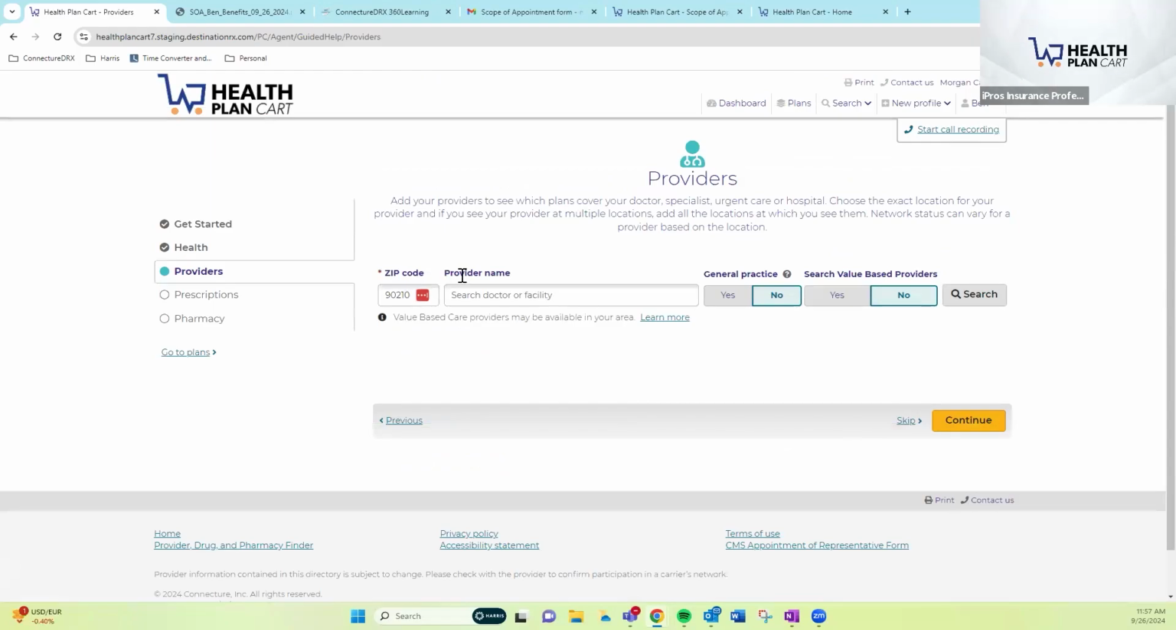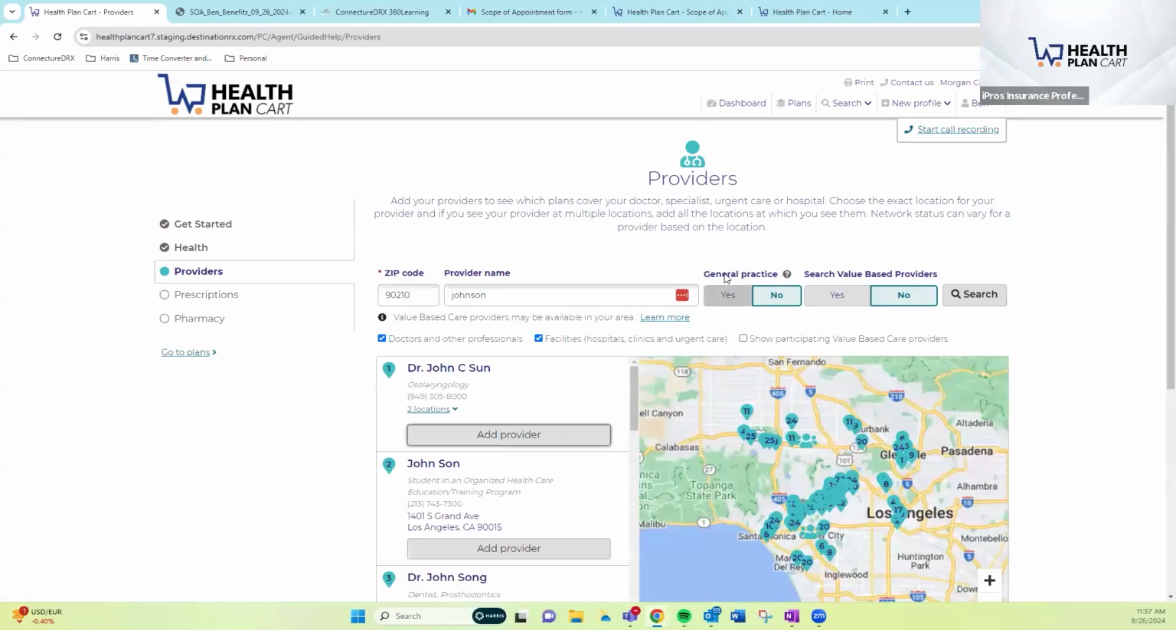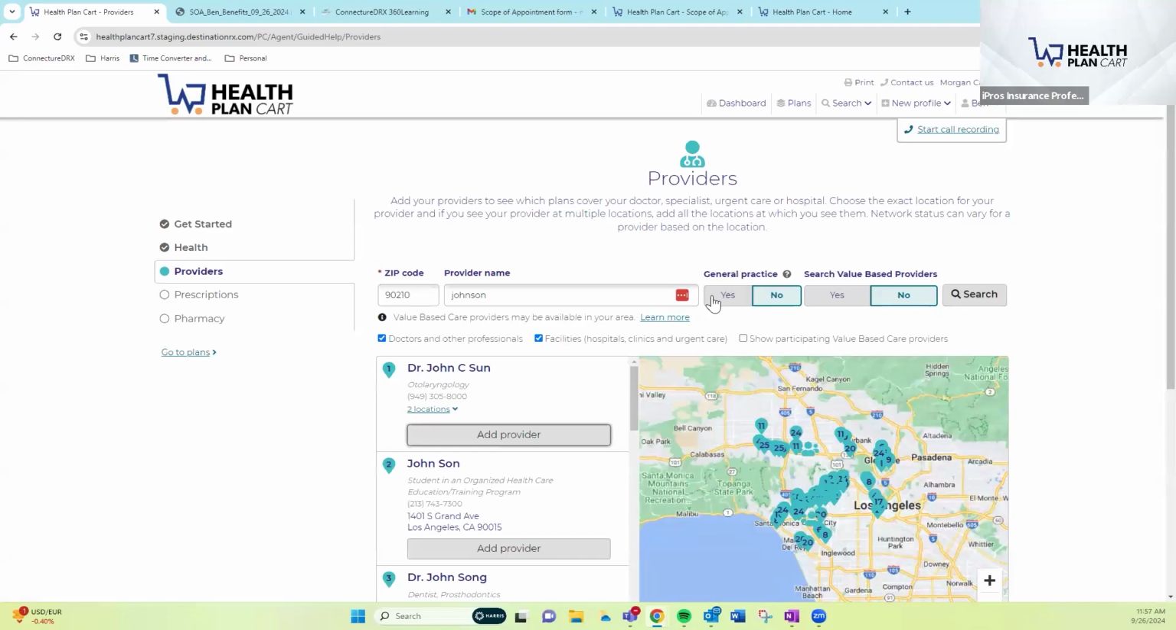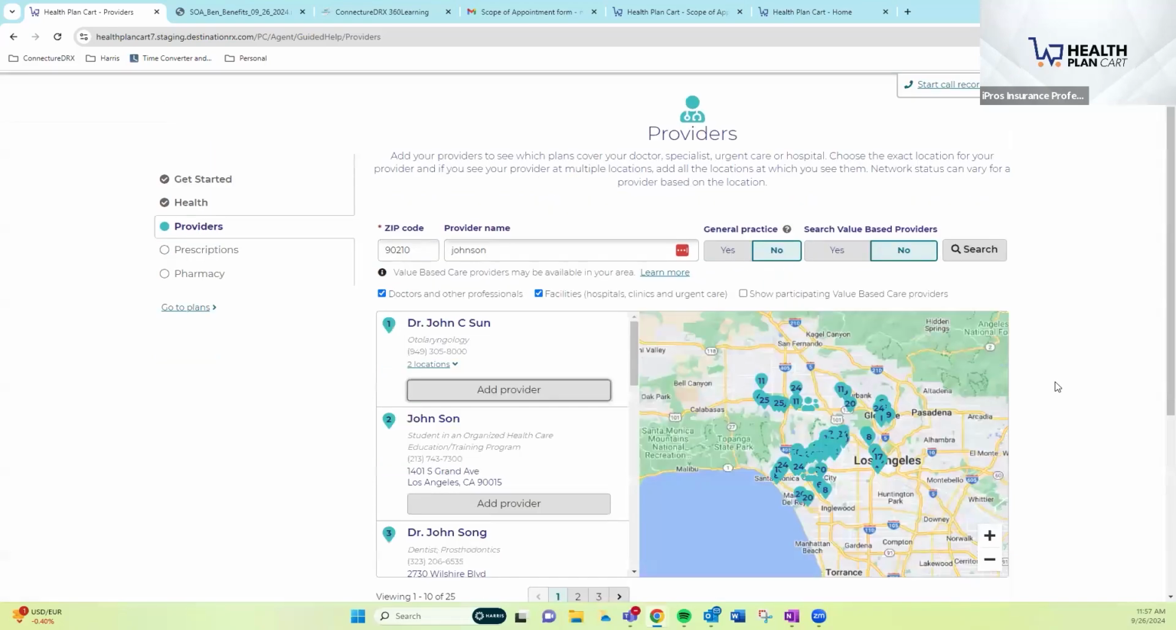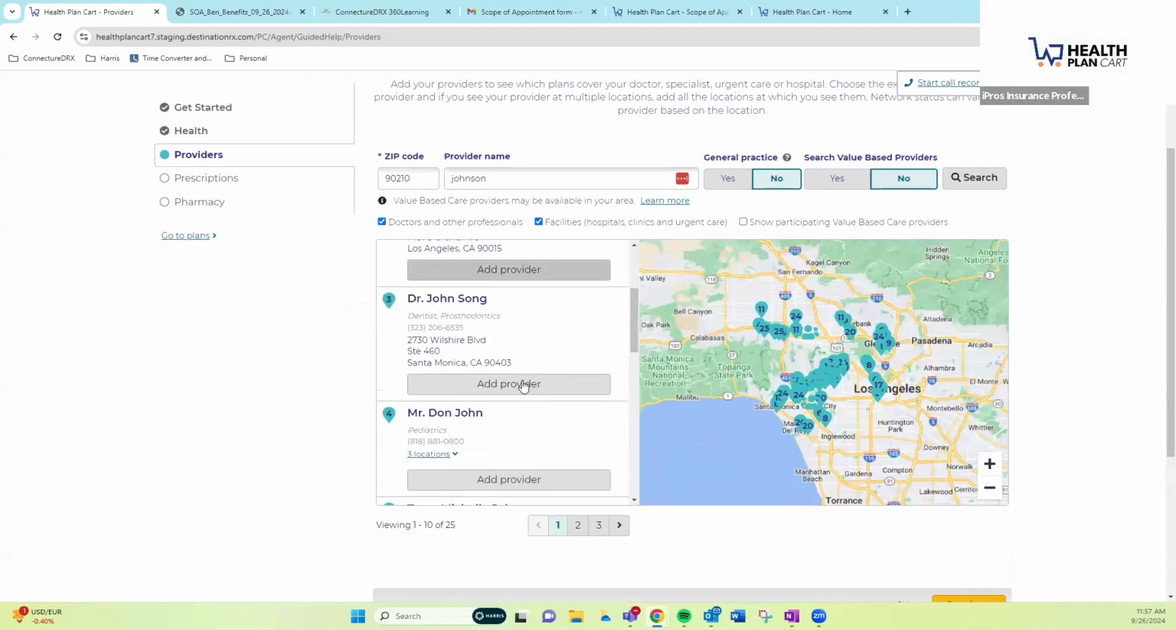Within the zip code search field, and then we can begin to search for a provider in the area. There's several values you can search on, whether it's general practice, value-based care providers, facilities or clinics, urgent cares. So depending on what you need to search, you can isolate those fields and select the applicable doctor. As you can already start to see,